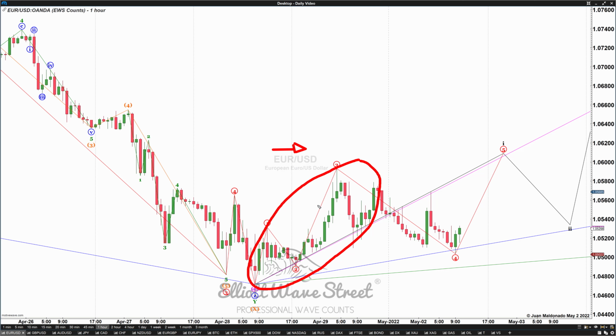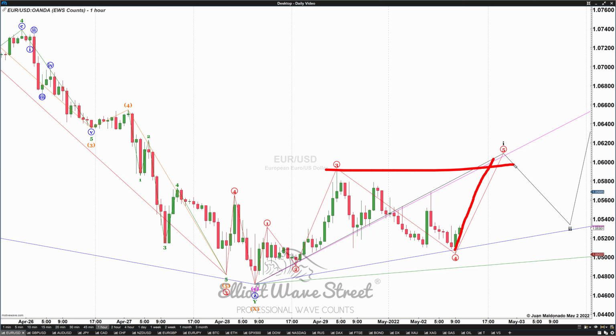So that means that there are two trading plans here. The first one is if the euro is able to make a high here, we are going to have a leading diagonal wave. Yes, wave 4 moving inside wave 1 is a leading diagonal wave, and it's valid when it shows up in wave 1 or wave 5. And after that, we can look for a 3-wave sequence, and we're talking here about the swing, and here is going to be the entry,